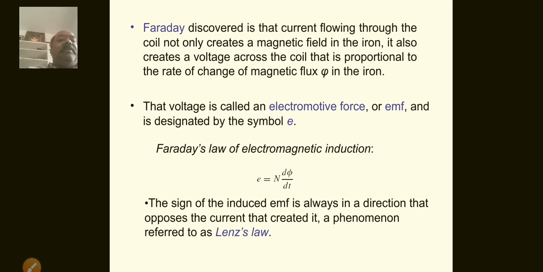So this is the preliminary thing about the magnetic field, how it is produced when current flows through the wire. It creates a magnetic field around it, that is called the magnetic flux, which is indicated by phi. Now, not only does current flow through it, the voltage across the coil is proportional to the rate of change of magnetic flux in the coil or iron, whatever it may be. The coil has N number of turns, indicated by N. And what Lenz's law states, you already know, I just revealed that.